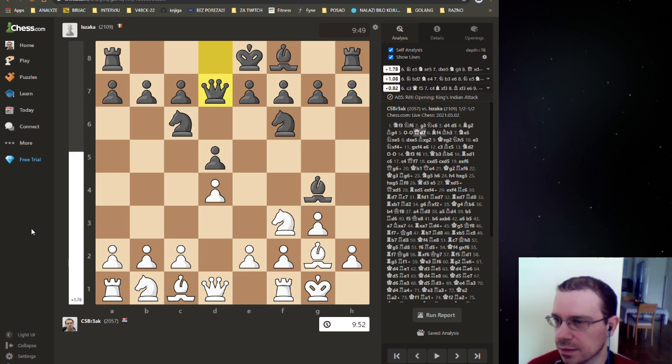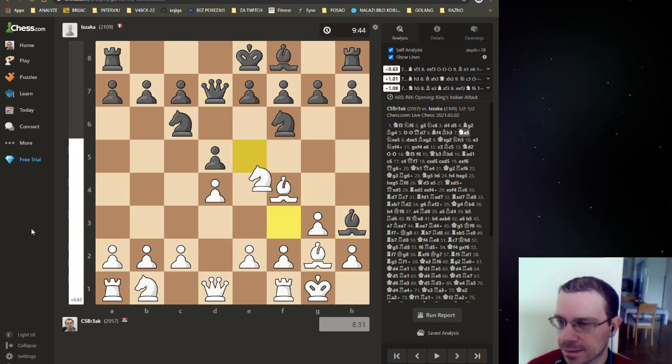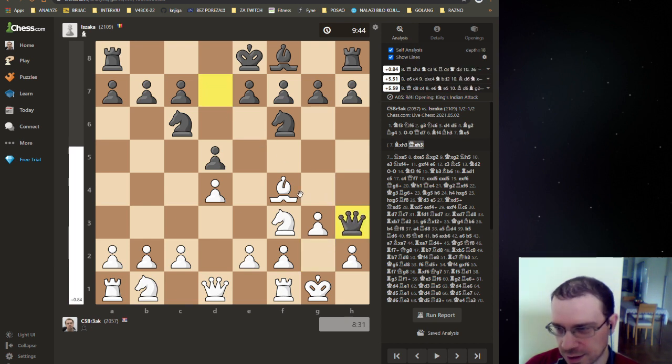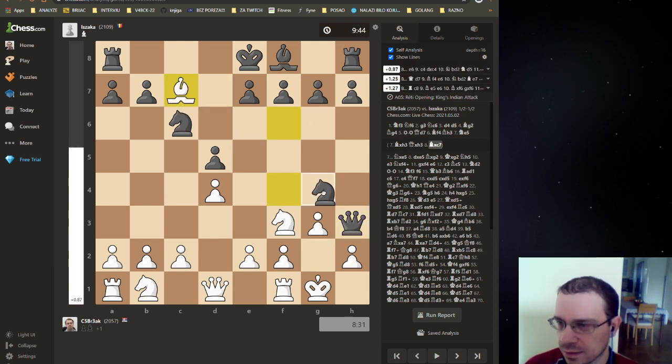Bishop f4. What was the okay? 95 was better. I didn't see. Okay. How to continue? 95. Take the pawn. Yeah, but knight g4 and it's computer suggests. Yeah, computer is greedy. But this is